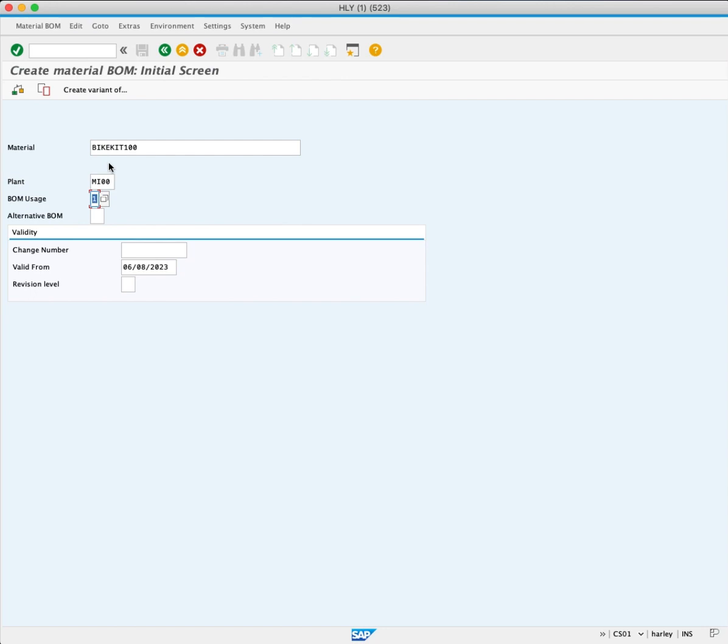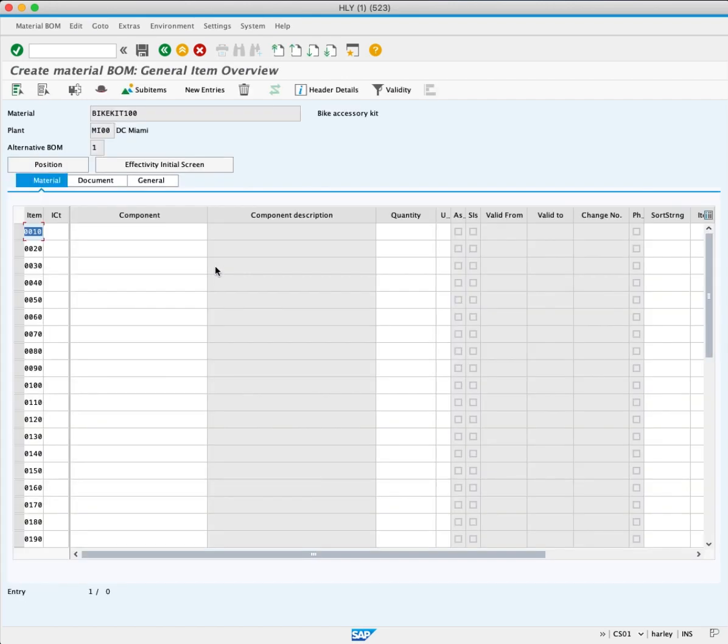The valid from shows us the date from which we can start using this bill of materials. We'll leave it as is, but we could set this date in the future if needed. Now we'll press enter. The system takes us to our general item overview screen. This is where we add the list of components and how much of each component to add to our bill of materials. Our first field is item category, meaning how that component